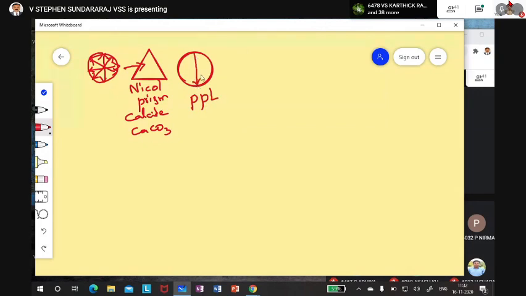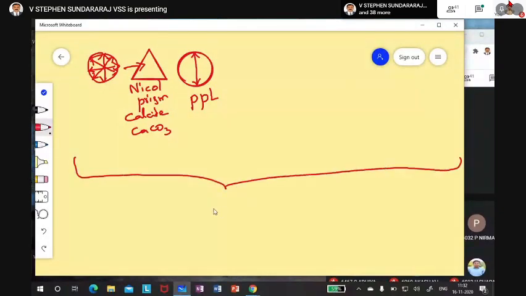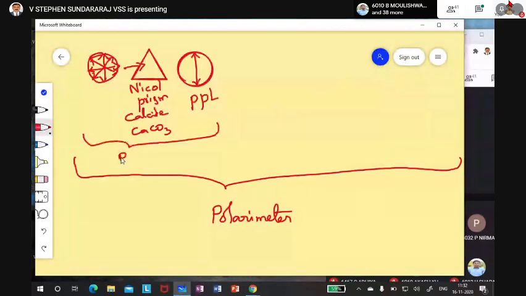Sir, why not in this horizontal manner? I have taken it like this because I will be setting the device. This complete device, starting from here to here, is a polarimeter. And this separate piece you are attaching, starting from here to here, is called the polarizer. Because it polarizes, I can call it plain polarized light or simply polarized light.